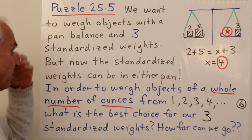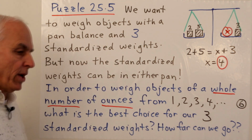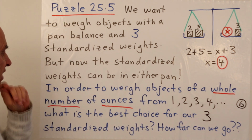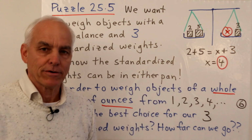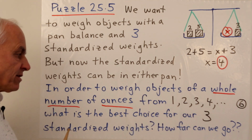Okay, so here is the puzzle officially. We want to weigh objects with a pan balance, and this time 3 standardized weights, to make it just a little bit simpler. Okay, we have 3 standardized weights. But we're going to agree that now the standardized weights can be in either pan, just like here. Okay. And in order to weigh objects still of a whole number of ounces,